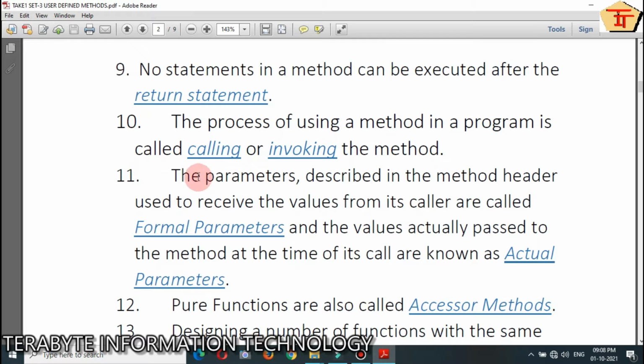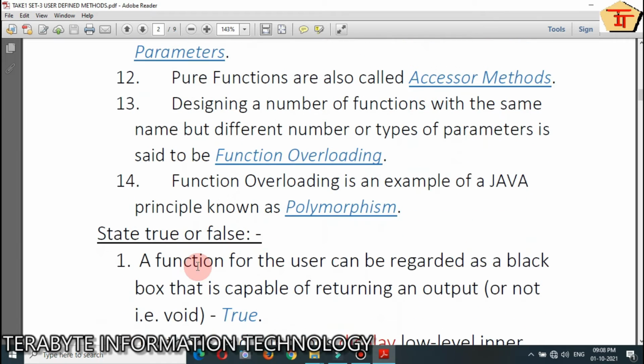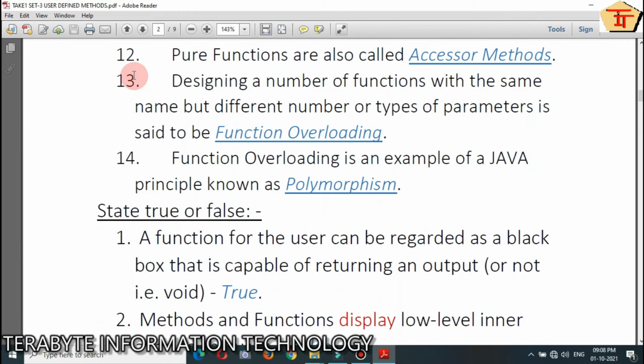Question number 11: the parameters described in the method header used to receive the values from its caller are called formal parameters, and the values actually passed to the method at the time of its call are known as actual parameters. Now question number 12: pure functions are also called accessor methods.